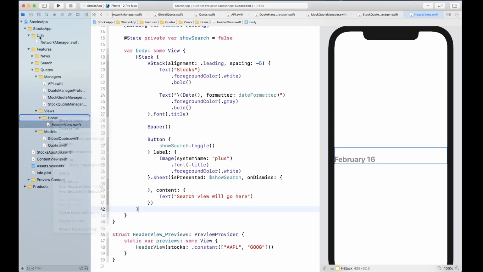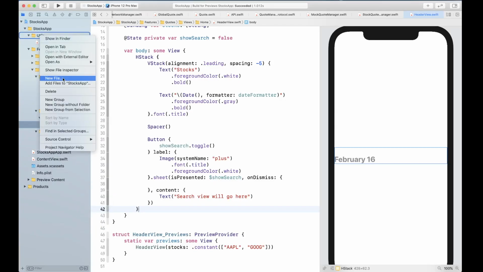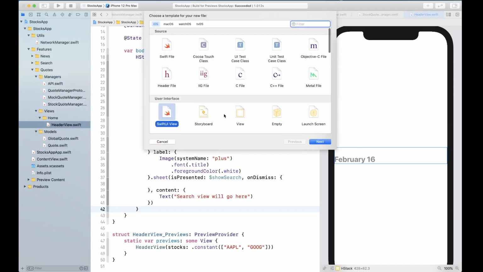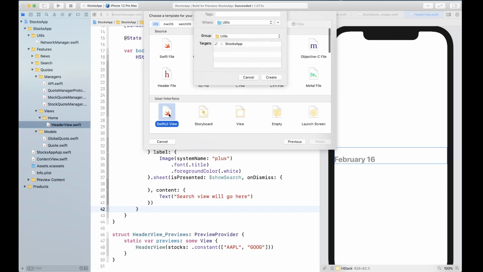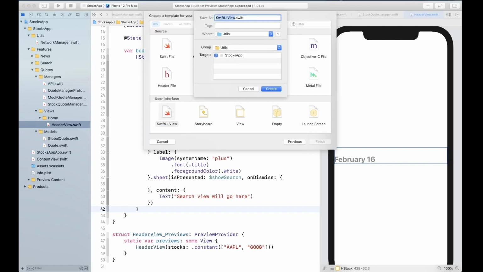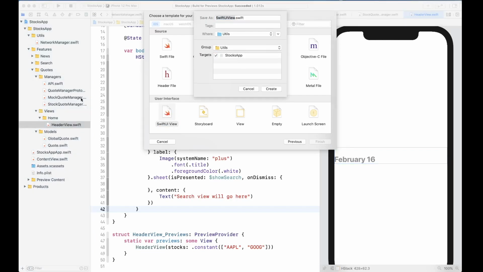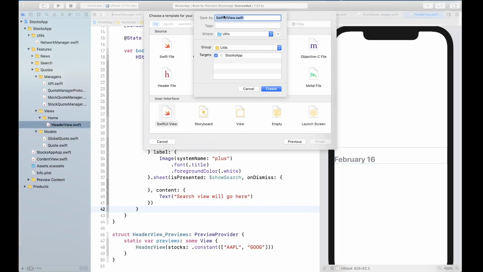So I think I'm gonna create a custom text view here in utils, because it's gonna be basically a common control. And this custom text field is going to be a SwiftUI view. So we're going to name this one custom text field.